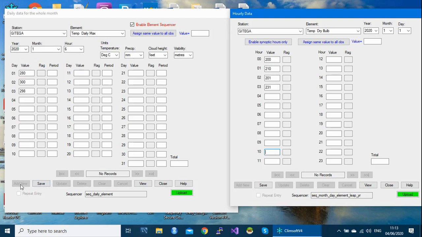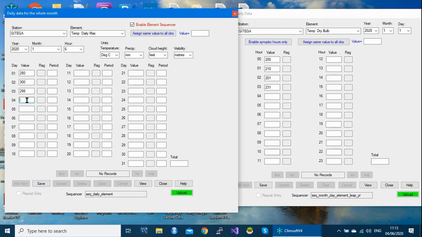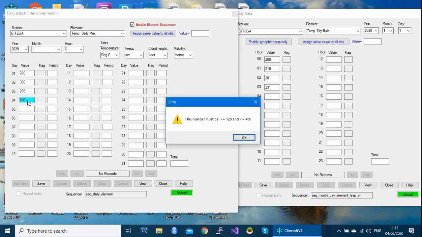We are going to look at that later. There is also the quality control check at the data entry level. So let's say maybe a very high temperature of 60 degrees. This one is too high. I'm expecting values below 40 degrees centigrade.